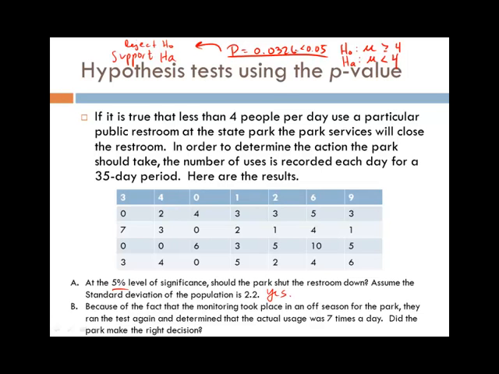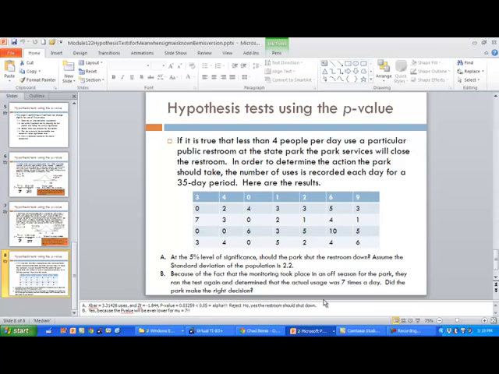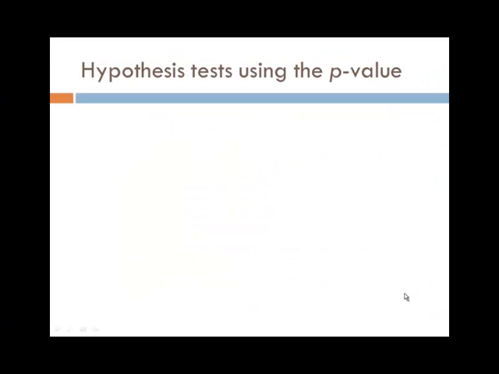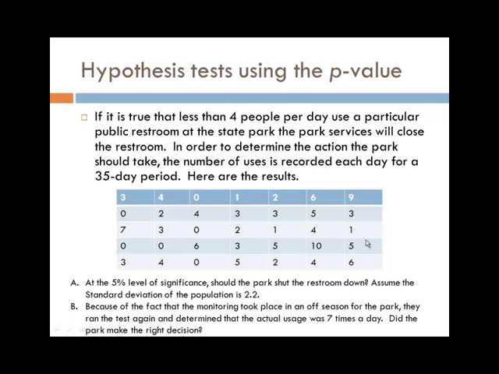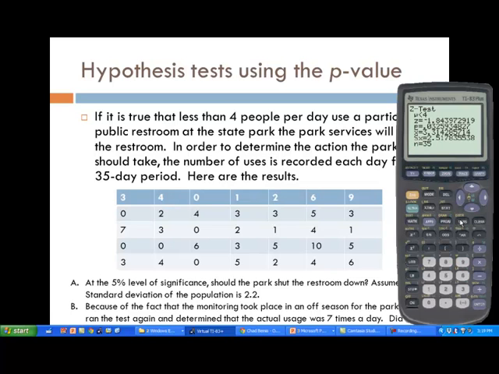Because of the fact that the monitoring took place in an off-season for the park, they ran the test again and determined that the actual usage was 7 times per day. Did the park make the right decision? All right. So if we use the mu is equal to 7 times per day, then we would change that in the calculator to say that